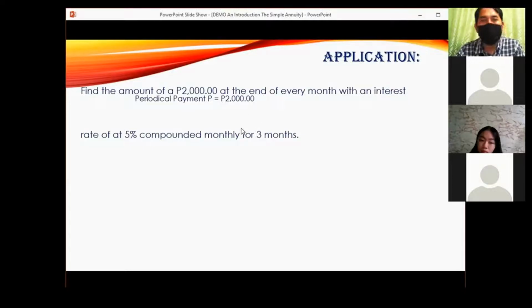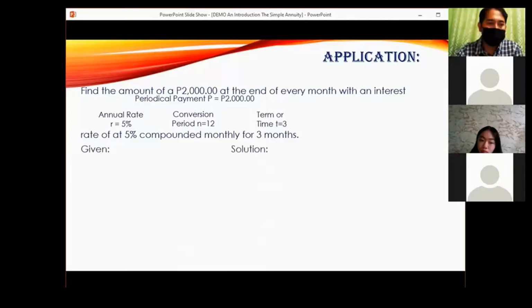Okay? So gaano kahaba ang pagbabayad mo? 3 months, 3 buwan. Okay. So periodic payment is 2,000. Annual rate is 5%. And of course, conversion period is monthly, or in a year 12. Okay? So how do we